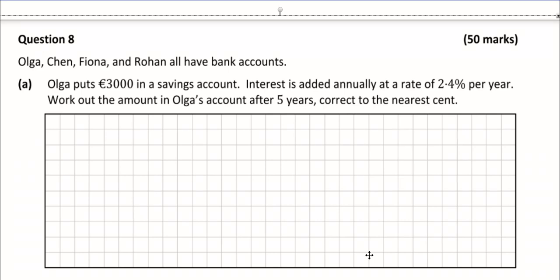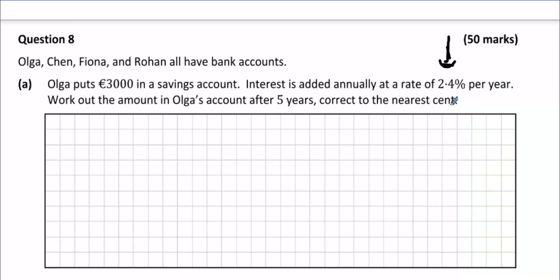€3,000 into a savings account. Interest is added annually at a rate of 2.4% per year. Work out the amount in Olga's account after 5 years, correct to the nearest cent. Now, after 5 full years, right? 5 full years means we're going to increase it by 2.4%